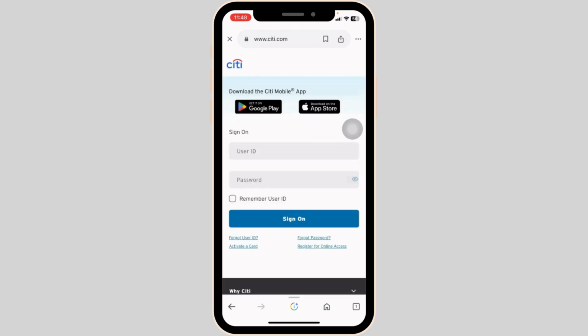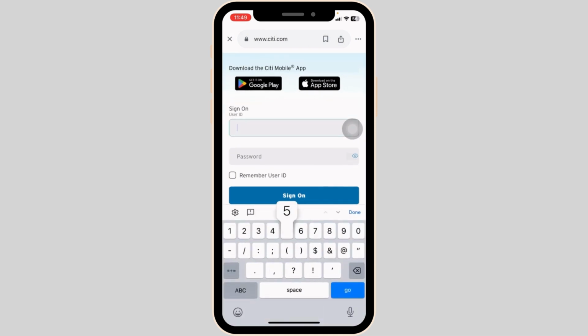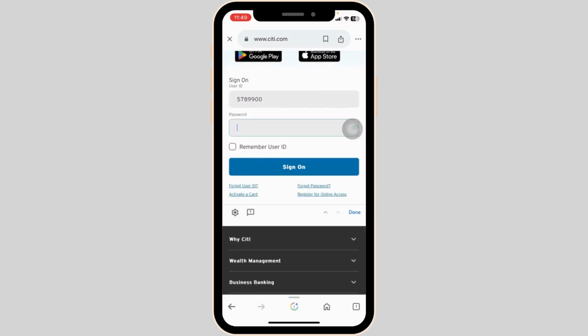Now, from here, you can easily get access to your account. All you have to do is provide the credentials of your account. So go ahead and type in the user ID, then type in the password. After you fill this, if you want to save your login info, check the option of remember user